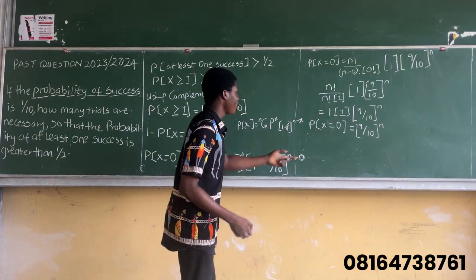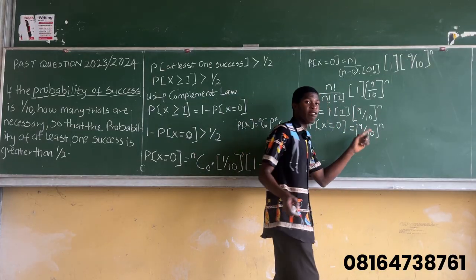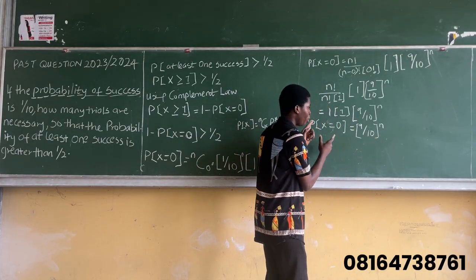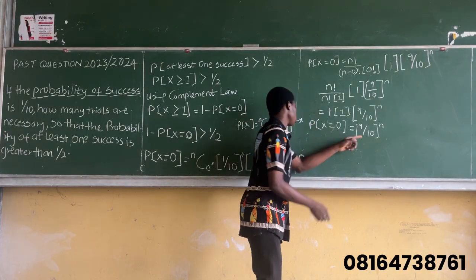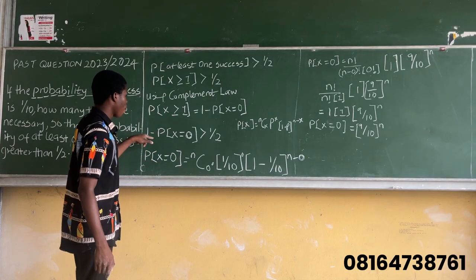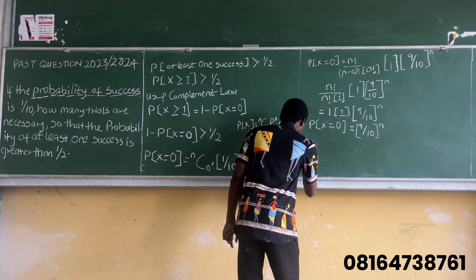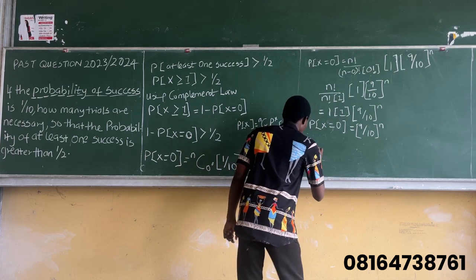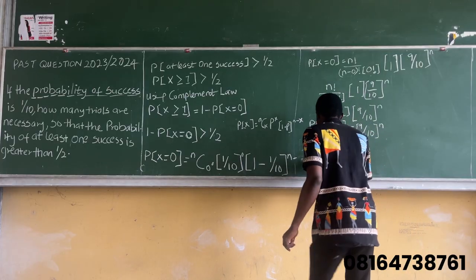So now, we have gotten our value. Just think of it that this is the value. If we get the value of n, we'll be able to work out the probability that we have 0 successes. So just think of it as our value. We are going to be imputing it into this equation, 1 minus p of x. So now it's going to be 1 minus p of x. P that x equals to 0 is 1 minus